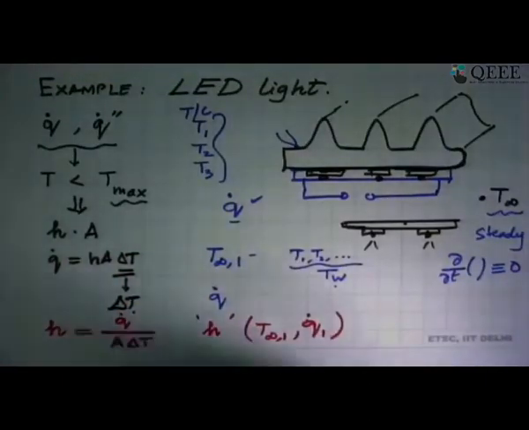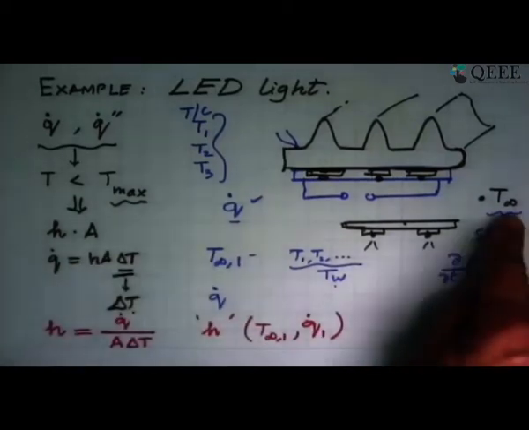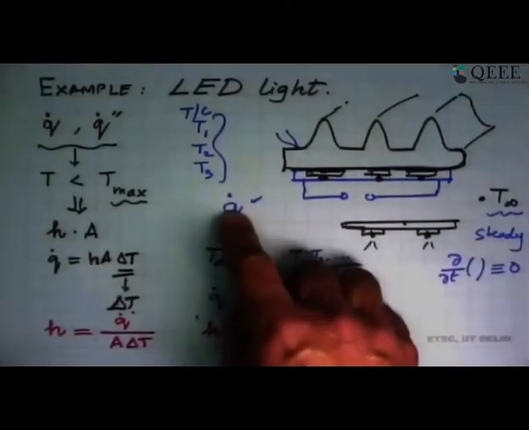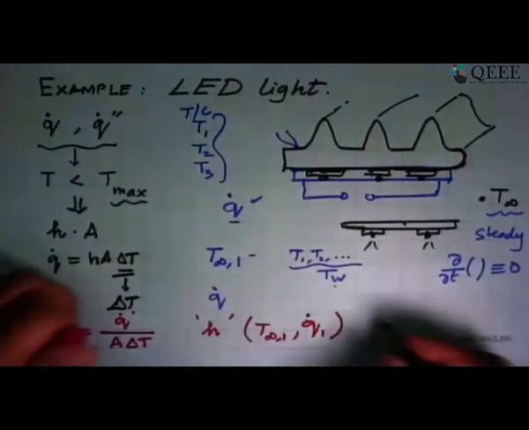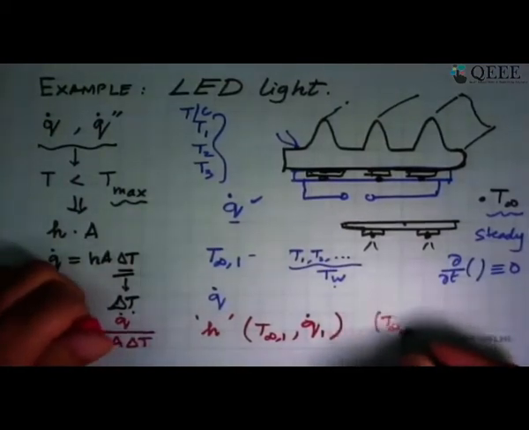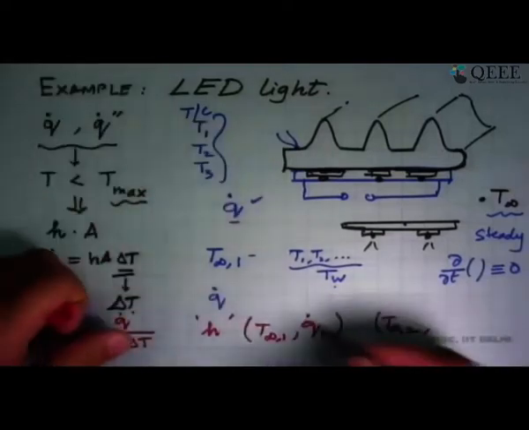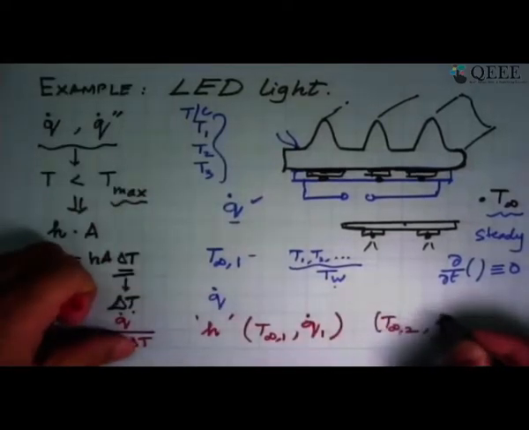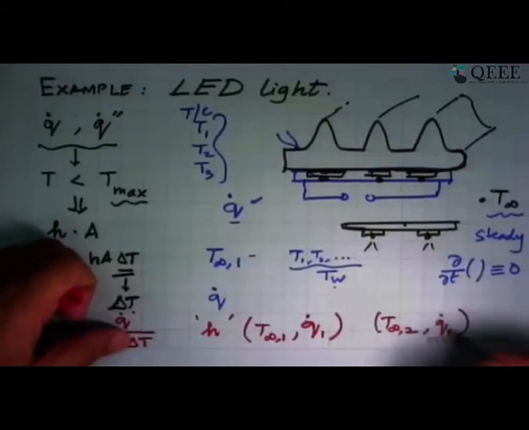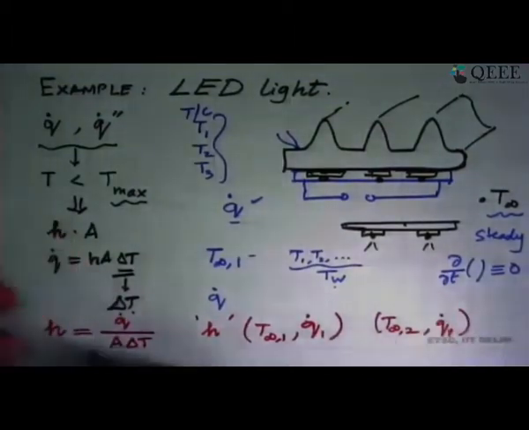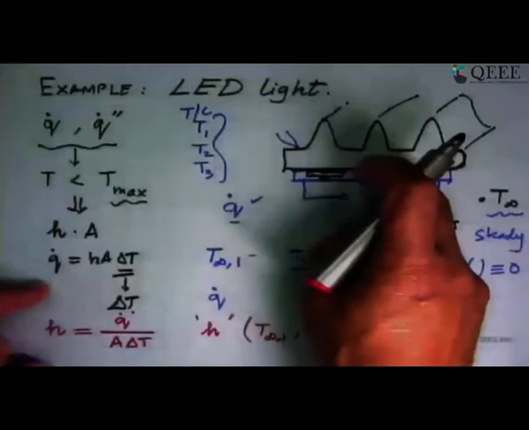Then we say, well, I want to see what happens if this temperature goes up or this Q dot changes. So we do another experiment and say, well, look, now I will do this experiment for another T infinity, which is the T infinity 2, and maybe we give the same heat transfer rate, Q dot 1, and then see what is the temperature that we get. We measure it here,